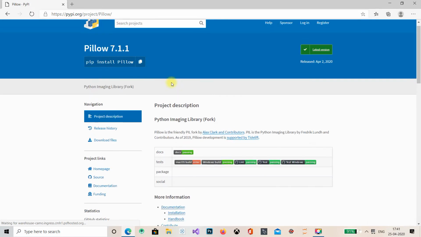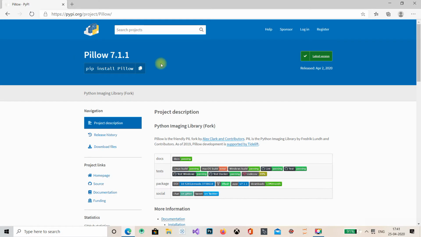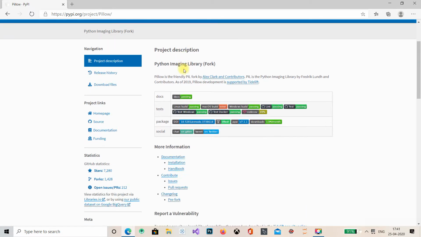So guys, here is the documentation, Pillow 7.1.1. Pillow is the friendly PIL fork, and PIL is the Python Imaging Library by Fredrik Lundh and contributors.